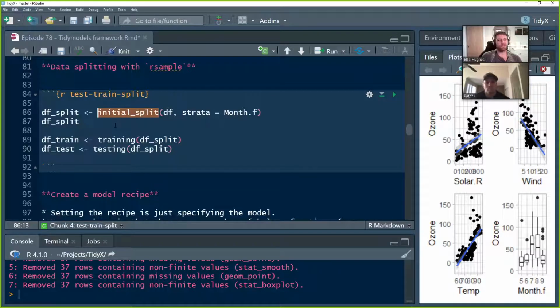You don't want to be doing this back and forth a lot, though, because that would not be good. That would be information leak. So anyway, sorry, tangent. All right, but initial_split is the function that will split our DF, which is